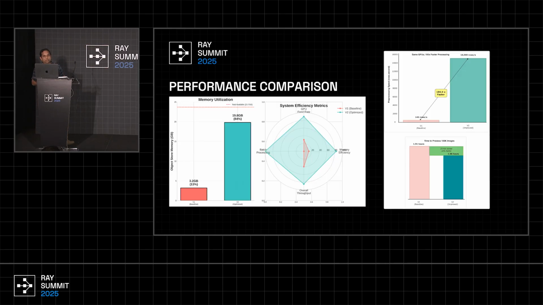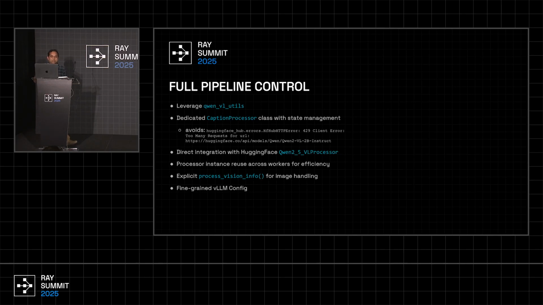You should also be able to visualize this once you have these metrics updated. Clearly, version 2 is better than version 1 because I have optimized the sizes. I have also added chunked prefill and batching on the vLLM side. So optimization on both sides should always lead to improvement. Coming back to here,